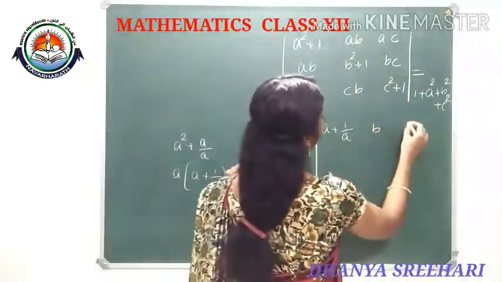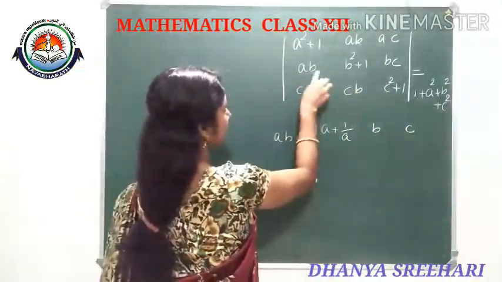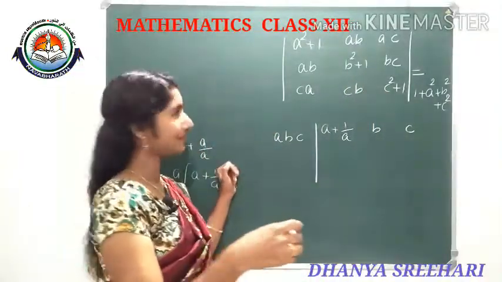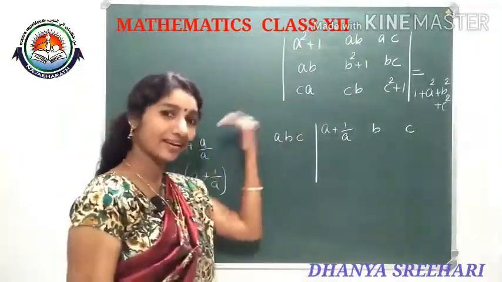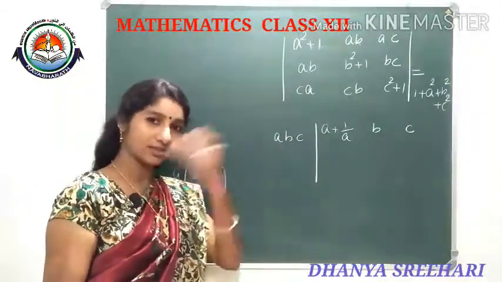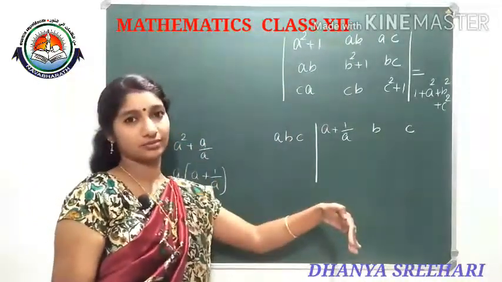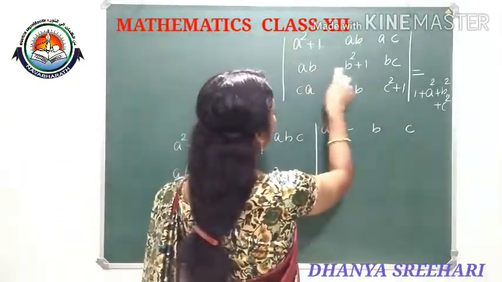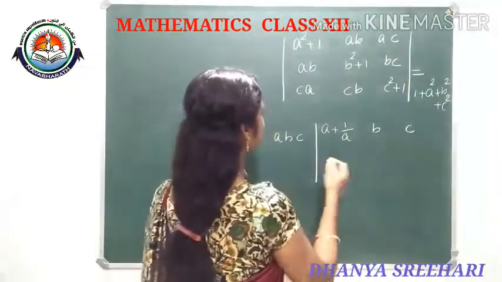From here it is B, then C, A outside. So it is AB, B square plus 1. Actually not outside taking, we are common, we can take it outside, like that we studied. Some K into R1 means K into that determinant value. Like that we studied one property. And here AB, B is here, B is here, B is here, we are taking it outside.